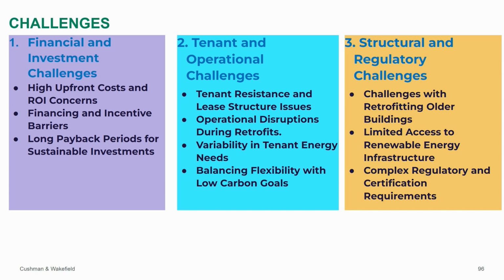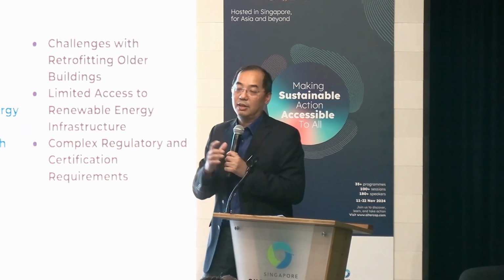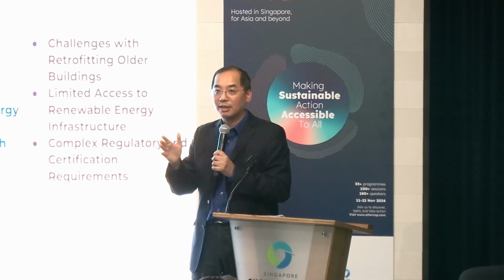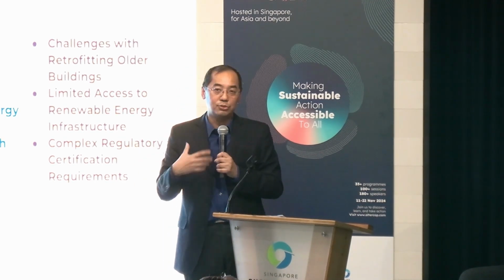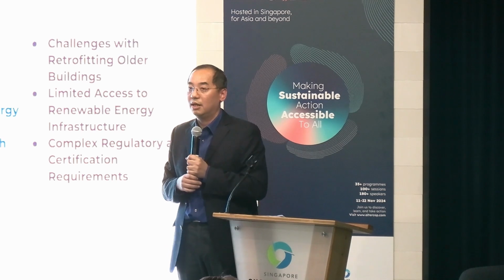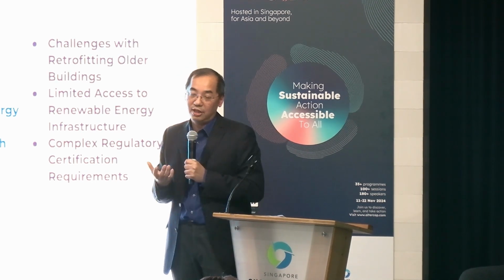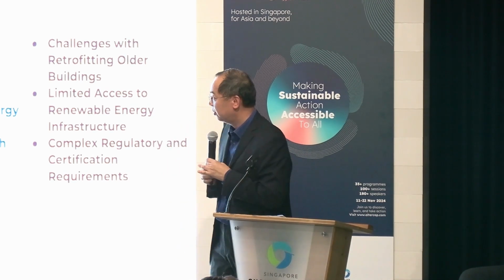One of the challenges that we face when we work with our warehouse owners is that the tenant tenure is sometimes a barrier to the implementation of energy savings, because the payback and the tenanted lease period are sometimes almost equivalent. So it's hard to engage the tenants to get a buy-in to support your energy efficient initiatives, and you may have to consider some incentives in order to bring them on board